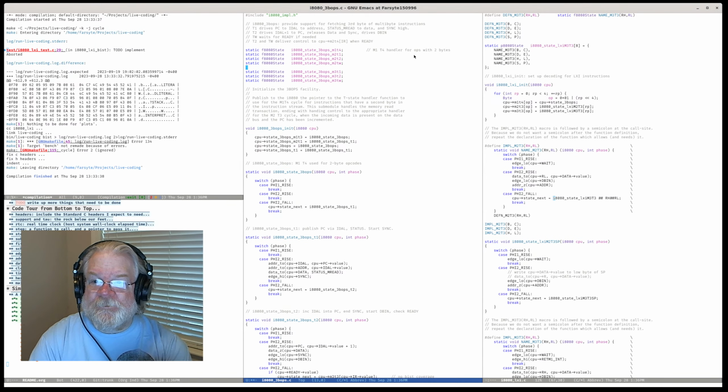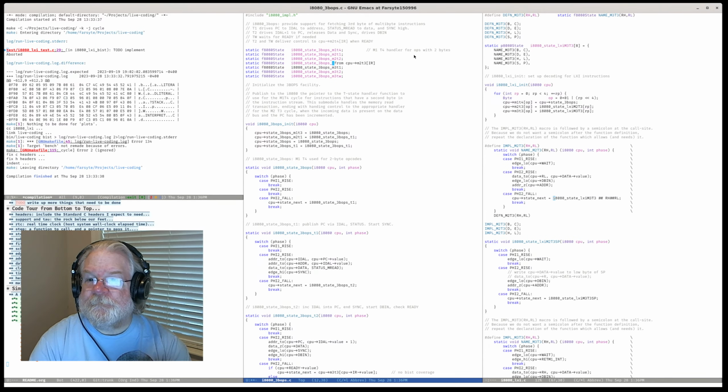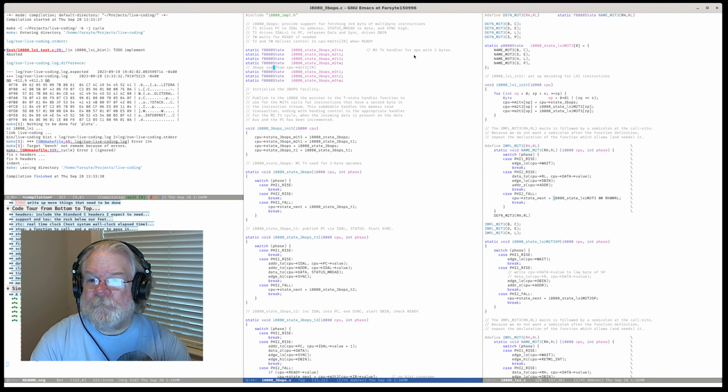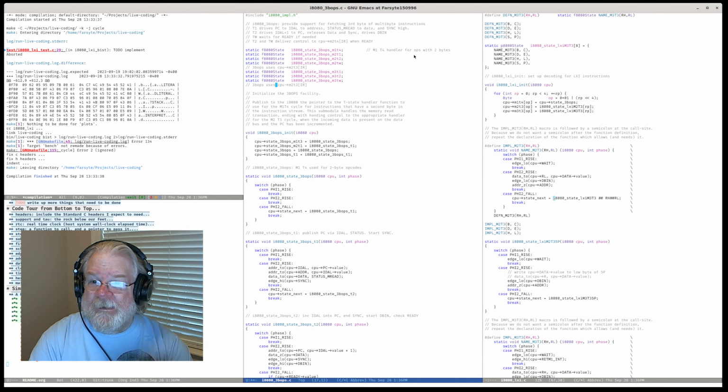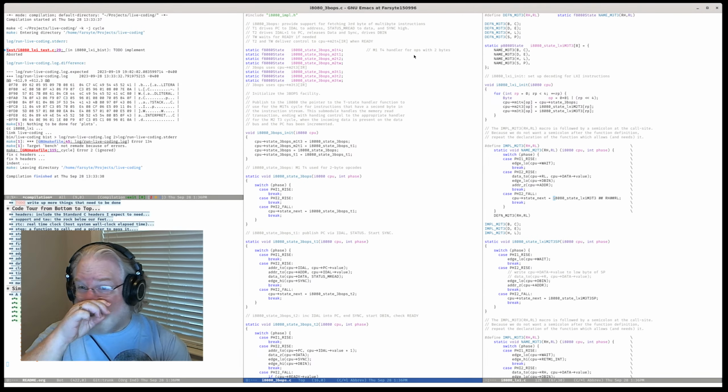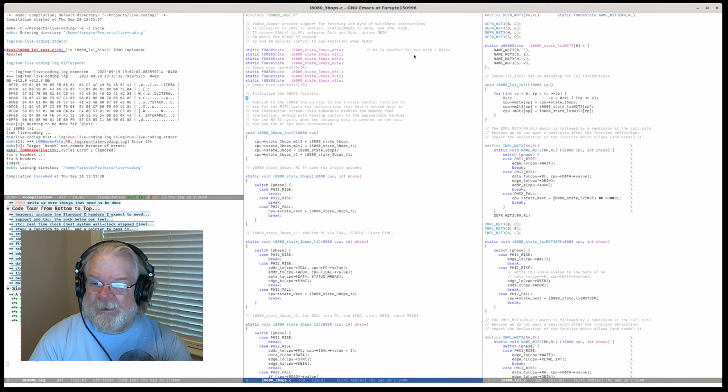Okay, so M2T3 comes from CPU M2T3 IR. And then we dive back in M3T1, M3T2, M3T wait, and this brings up M3T3 of IR. Okay.